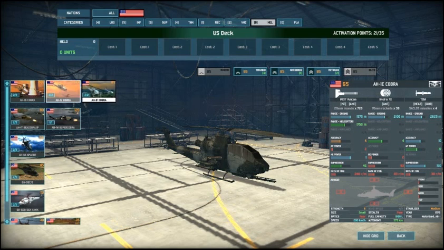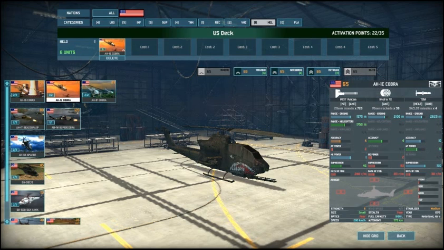Right, I'm going to put on the 65 ones instead of the Sea Cobras. I'm going to put on the AHIE Cobra instead of the Seahawk. None of the weapons change or anything. It's just the speed. Okay. Right, now